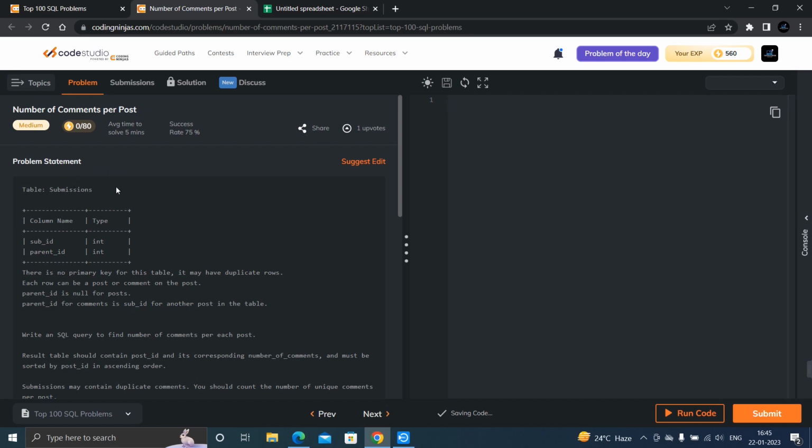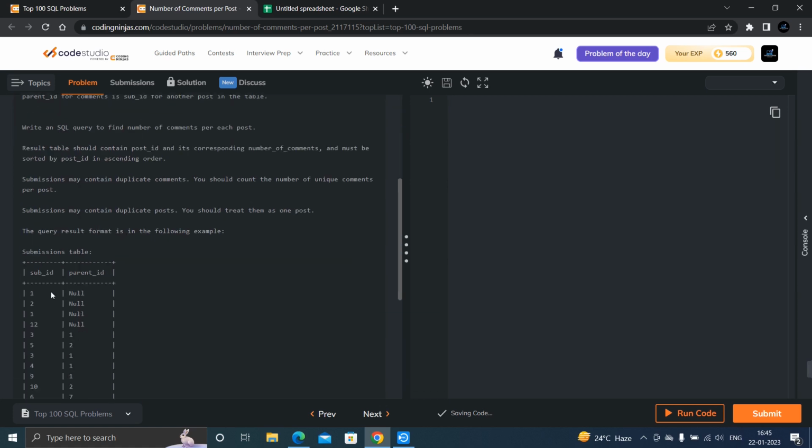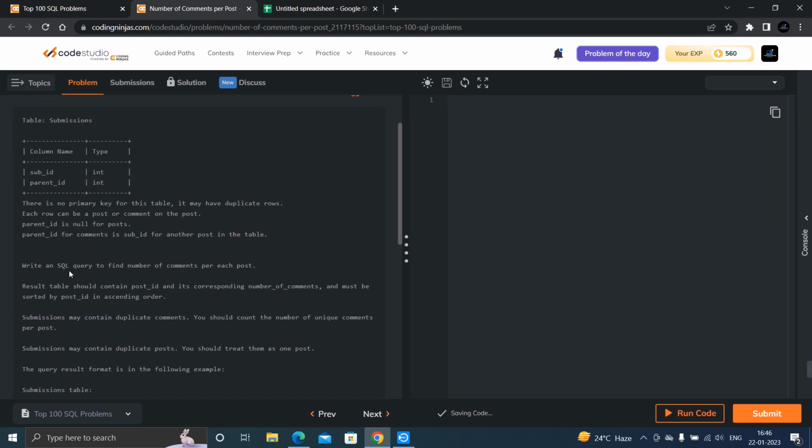Now come to today's problem. The problem name is the number of comments per post, and the level of the problem is medium. We have one table, the submission table. In this table we have two columns, the submission ID and the parent ID, and these are the inputs for this submission table. So basically the problem statement is that we have to find the number of comments per